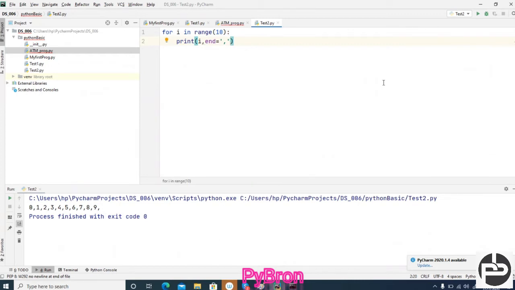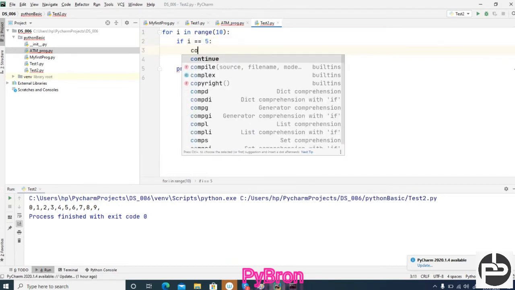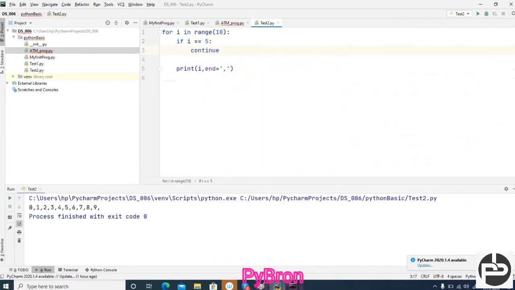Now this is fine. Next, what we can do? I'm putting in some condition. If I want only even numbers, you can print those anyway. But here I want to put one condition: if i equals 5, then what to do? Continue. Else, what to do? Else print it. Okay, let me run this code. Let's see.